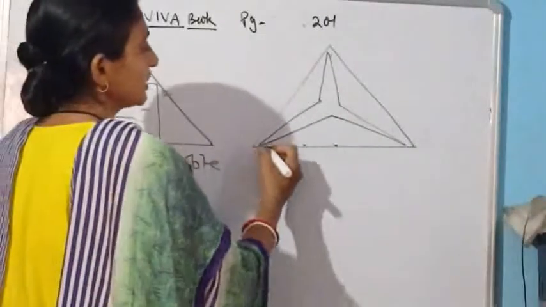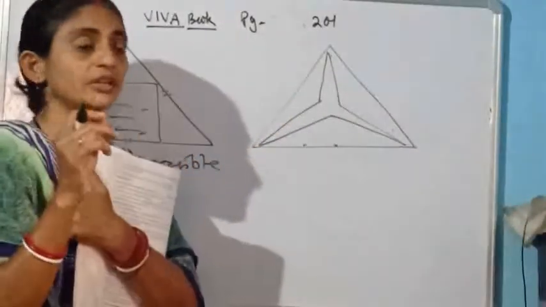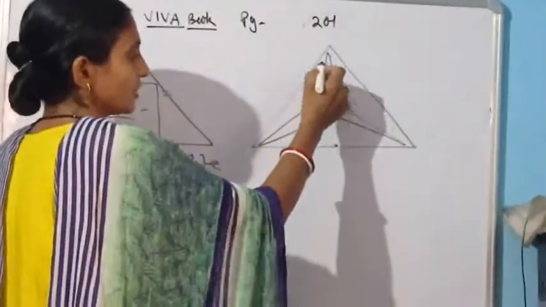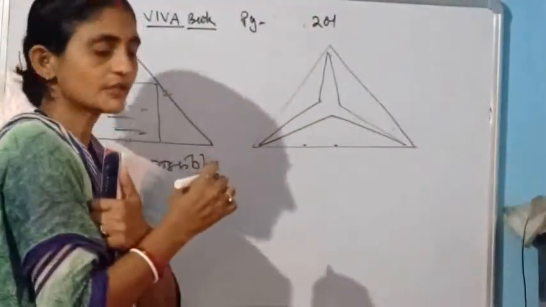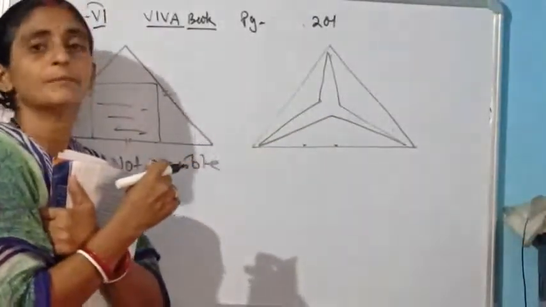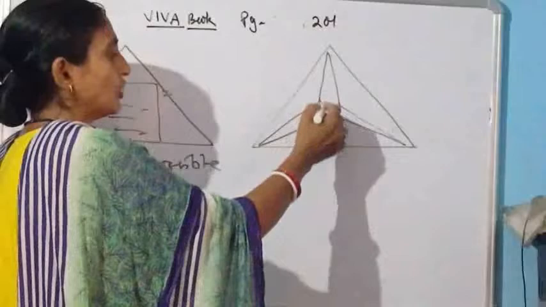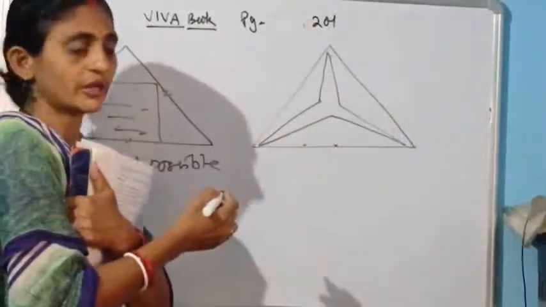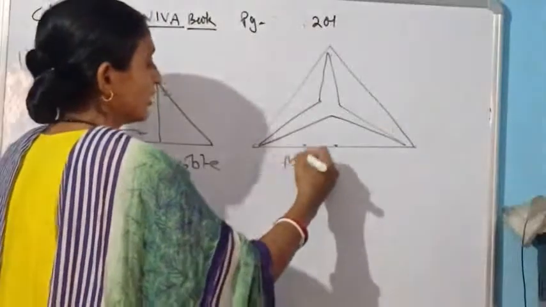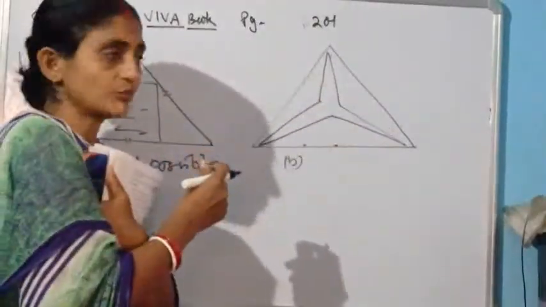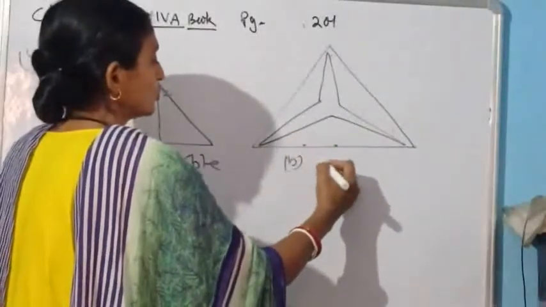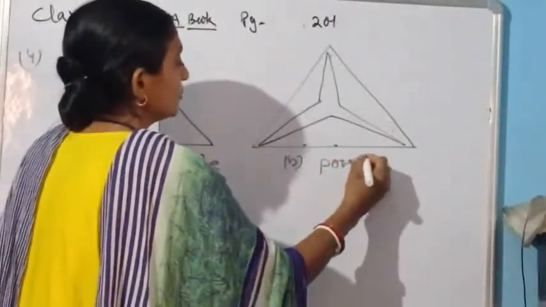How? See, here you are getting the straight line. So if I take any concave polygon inside it, be attentive. Here I have taken one star-shaped structure. Perimeter means what? We are only counting the length of the sides. So whatever polygon I have put inside this equilateral triangle, its perimeter will definitely be greater than the perimeter of this equilateral triangle. So this situation is possible.